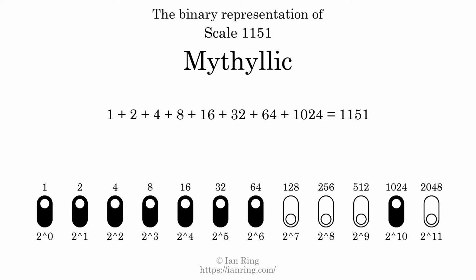That is why the scale number, in decimal, is 1151. The scale number not only enumerates the scale with a unique index, but it also literally describes the tonal content of the scale. Represented as a binary number in base 2, the scale number is